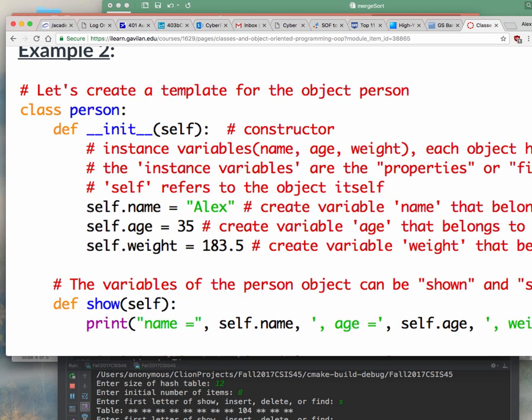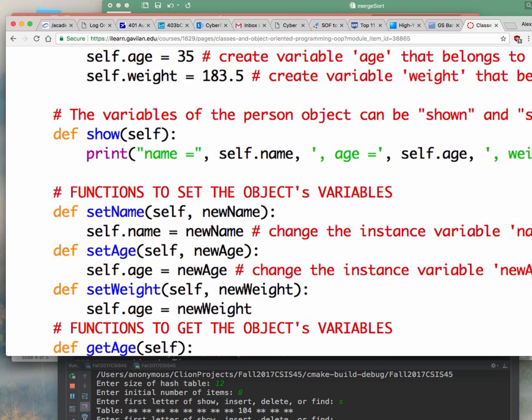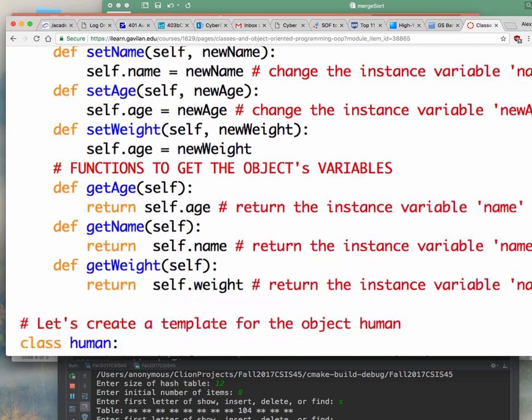This constructor does not allow me to set the variables initially to a specific value. So every time I make a new person object, or a new instance of the person class, it's always going to be Alex, and the age is always going to be this, and the weight is always going to be this, right? You can't set the defaults to anything else initially. But later on, once the object is created, you can use set name, set age, set weight to modify the properties of the object.